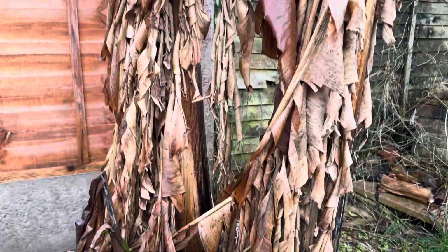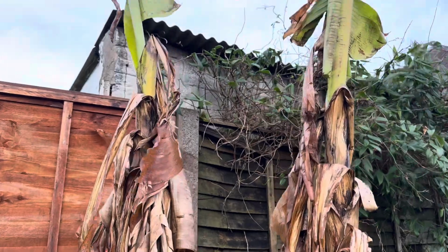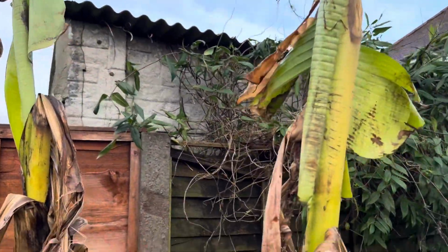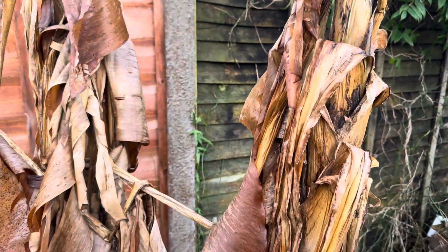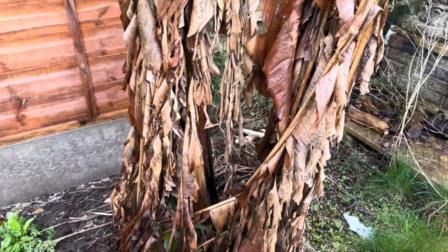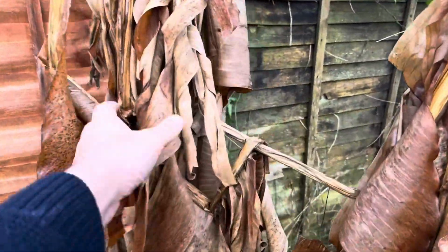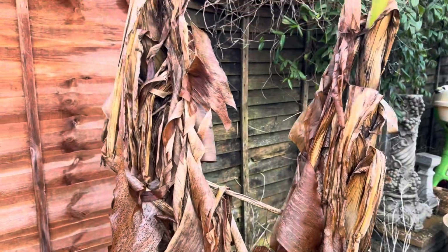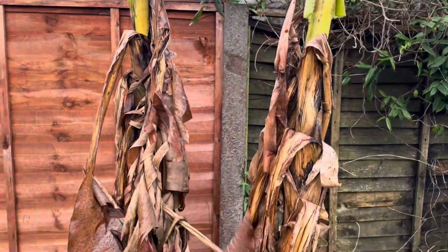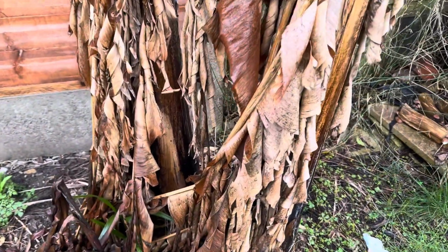Let me show you my banana trees. These are my Musa Basjoo banana trees, and they're already starting to shoot. As you can see, I did not cover these over winter at all. I just mulched the base, and look at them, they're like yetis. I've been lucky that we've had quite a mild and very wet